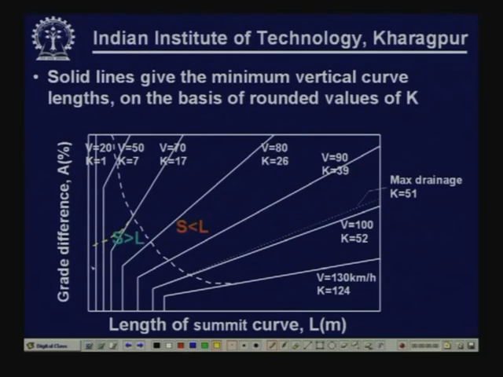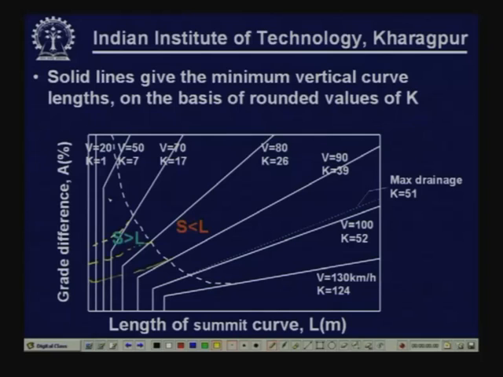So, maybe for k equal to 80 also it may be something like this. It takes a bend to the left side as per the formula. If we use the formula to calculate the length, the lines will take a shape like this, and obviously for small values of A, the curve length may be 0 also. That indicates that for a small deviation angle, there is no need to provide a length of curve, but this is not a good design practice, because